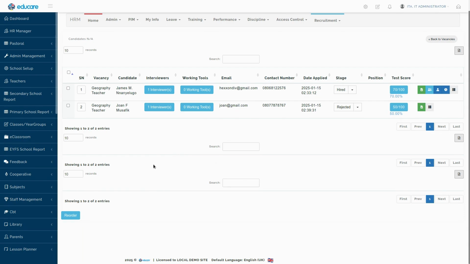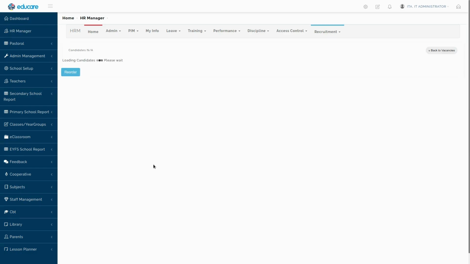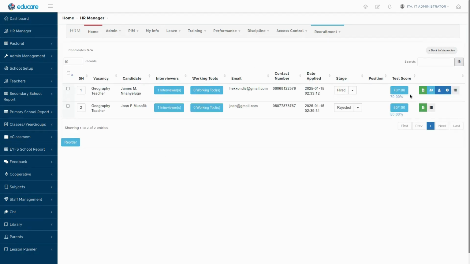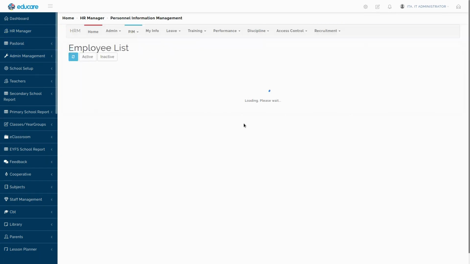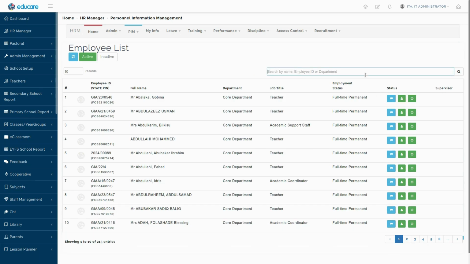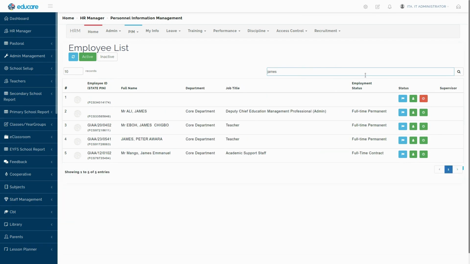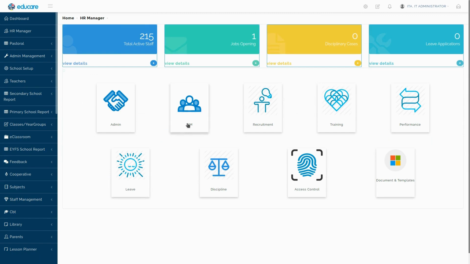So you can see how interrelated, correlated, and robust the recruitment module within HR is. At this point, it's a matter of moving the person to staff profile. Right now, this personnel in question is not yet a member of this HR. If you go to HR and search for this name, you won't find it yet, even though you have completed everything that concerns the person in terms of job offer, right? Now let's see what happens when we complete